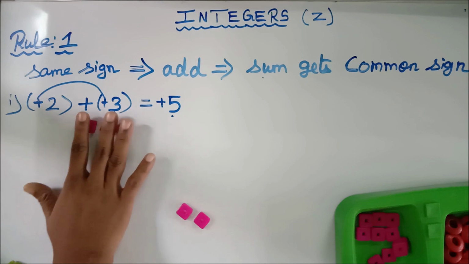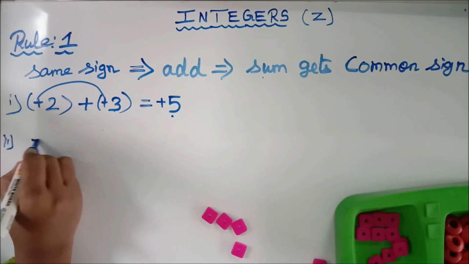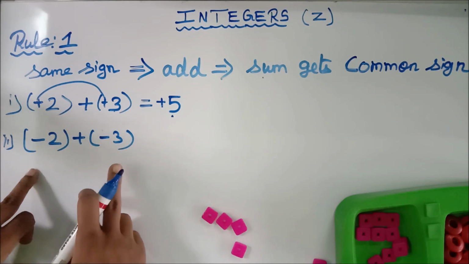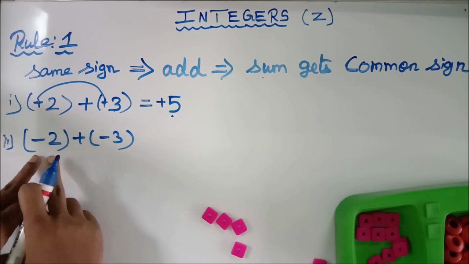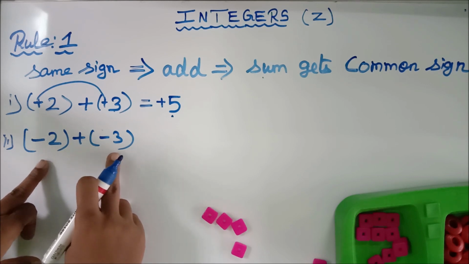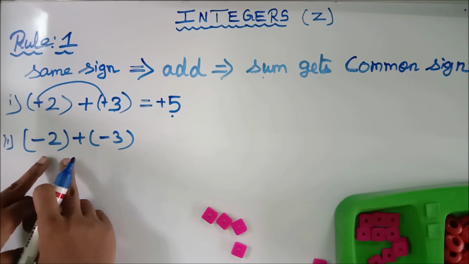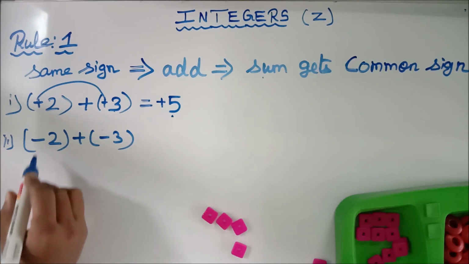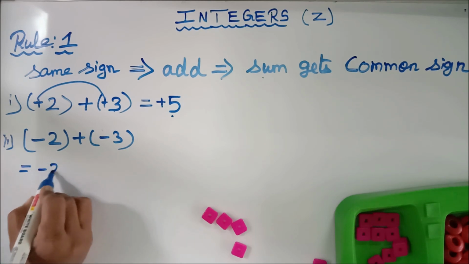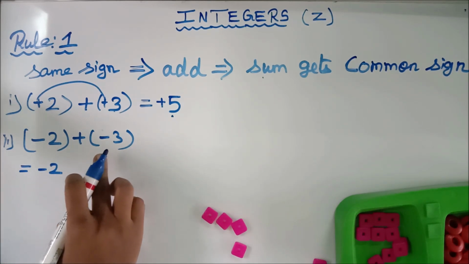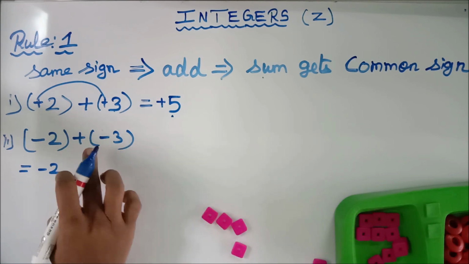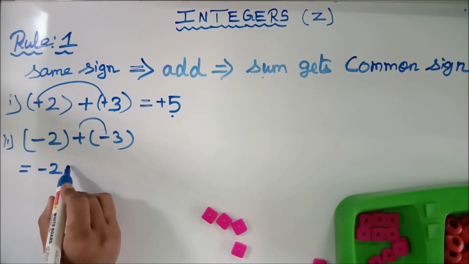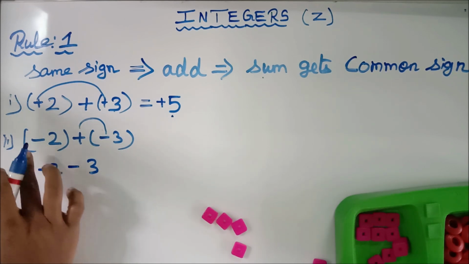Okay. Now see the next example. Minus 2 plus minus 3. That is, the given two integers are in the same symbol, that is both are minus. Now we have to remove the bracket before we add or subtract. The first number is no problem. You have to remove the bracket and write the number as it is. So minus 2. While you are removing the second bracket, third bracket, etc., before removing the bracket, you have to multiply the symbol. So plus into minus, minus 3.